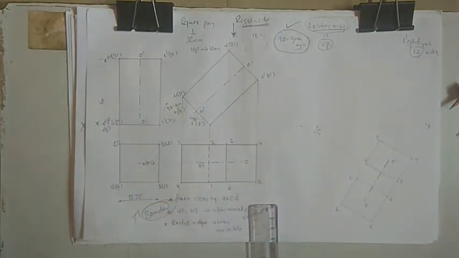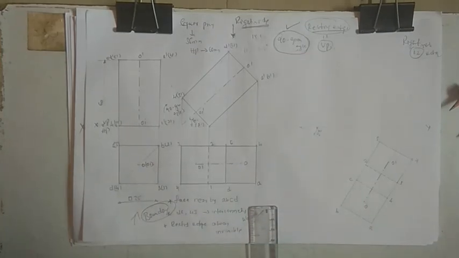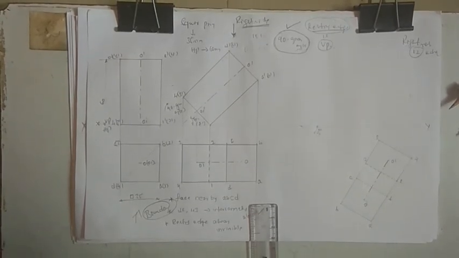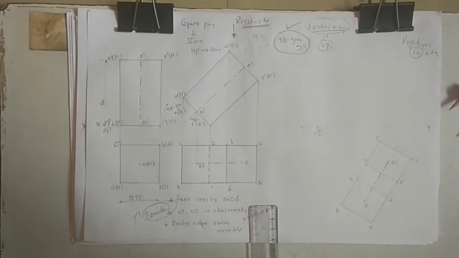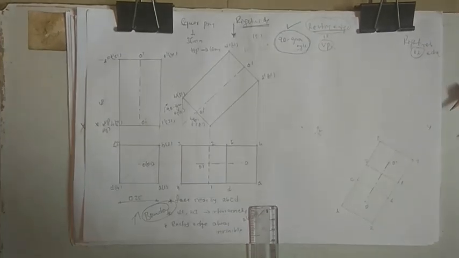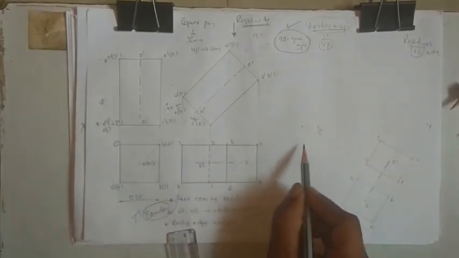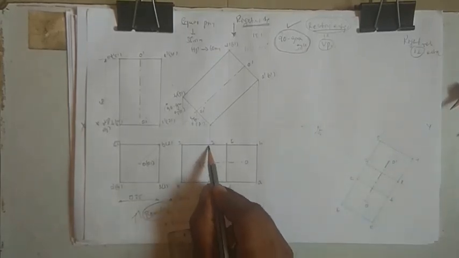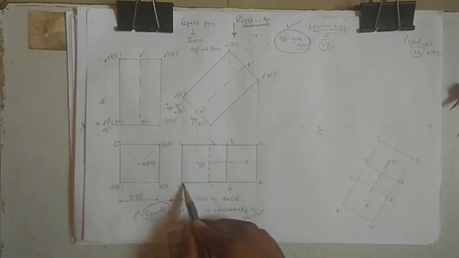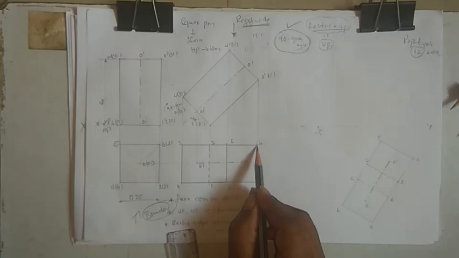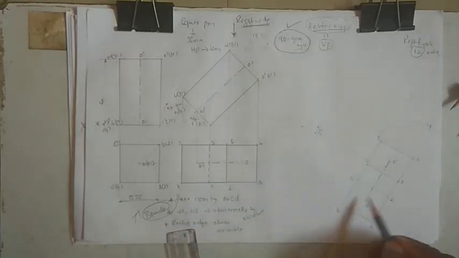Okay, so this is how exactly we can construct the square prism. Let's see once again. So what we did, on the 30 degree line we have taken 1 2, that's 35 mm, and we measured from 2 to 3 and 1 to 4, it will remain the same. So we have taken here 25, 25. On the same line we have 2 to B and 1 to A, that's 45.